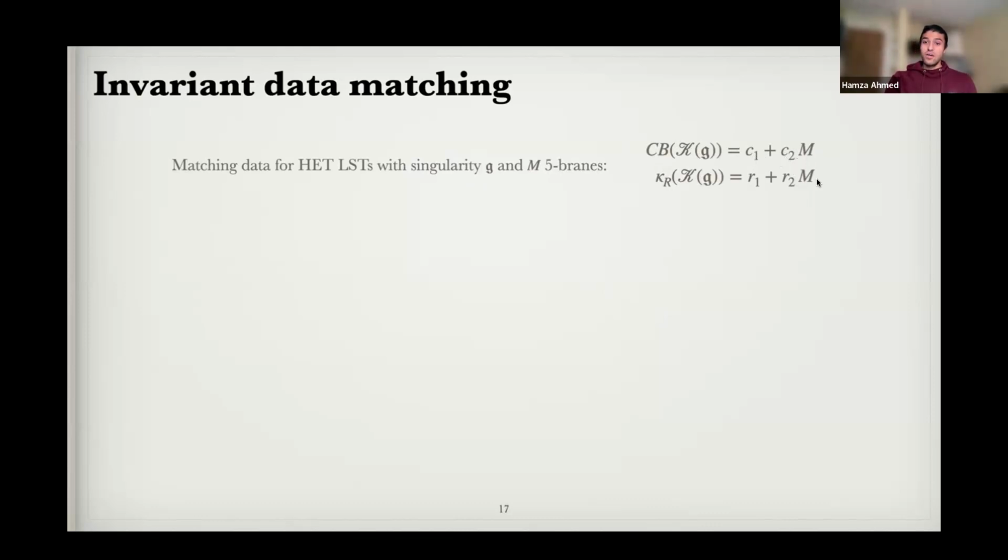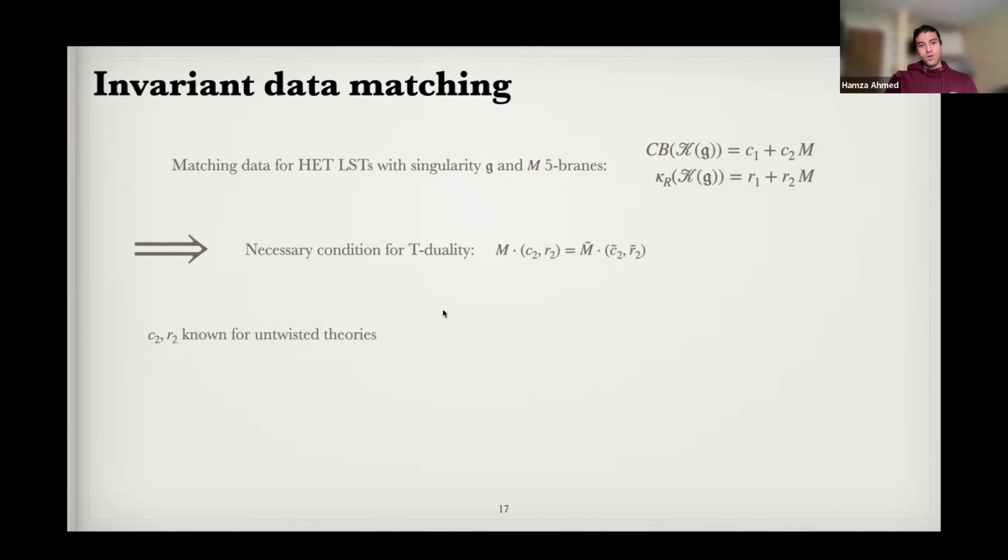So one strategy to find duals in families of M would be to match this leading piece across duals, and then try to find if there's a flavor symmetry or a flat connection that also matches this constant shift. And indeed, this is the strategy we used. This tells you a necessary condition for T-duality, which is essentially that if I take a theory with some coefficient C2, R2 and some other theory with coefficient C2 tilde, R2 tilde, then the hope would be that you can match the leading M term by compensating with the number of 5 branes.